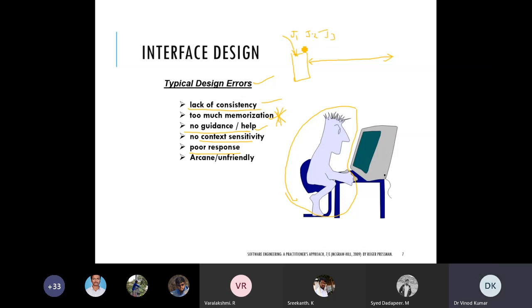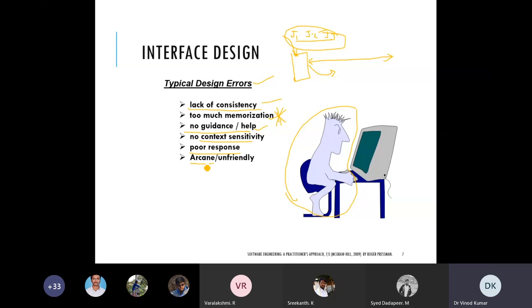The time of submission of any task to your system until the first output comes, that time interval is called the response time. It means the first output, not all output. When the output starts coming, that time. So we need to decrease this response time. So the poor response problem is also there.